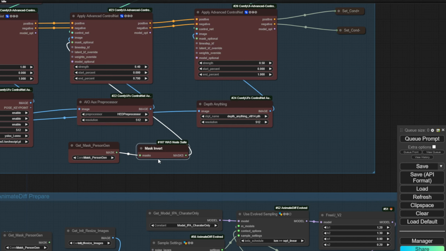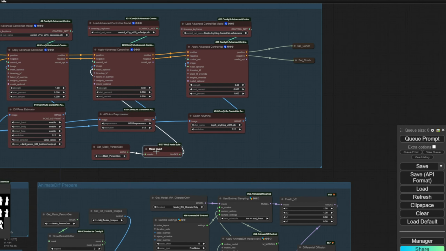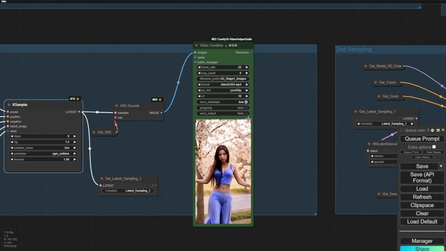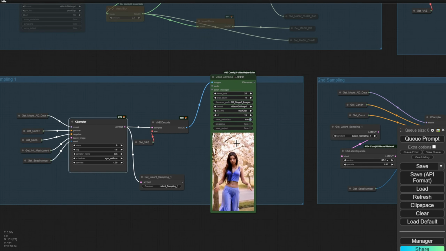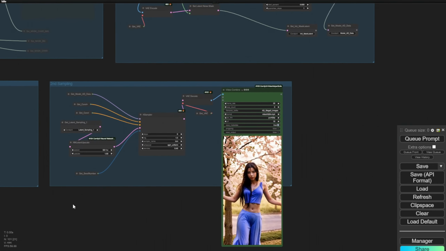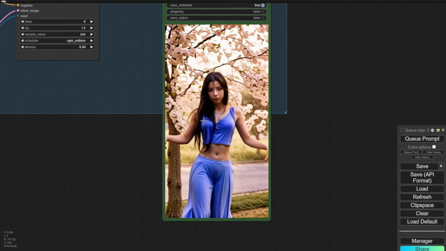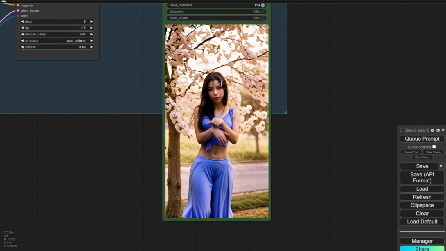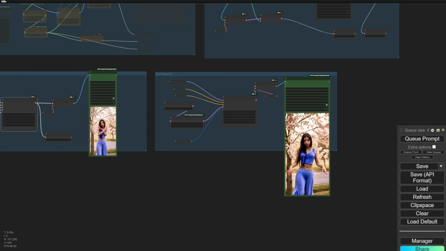And also you can test other things like, for example, test the sampling steps as well. If you want to go like sampling at 8, then 8 to 6 on the first sampling is good enough. Don't go too high for LCM. If you're not using LCM, of course you've got to set it high. But normally we use LCM, then just 8 to 6 sampling steps is good enough here. So that's it for this result.